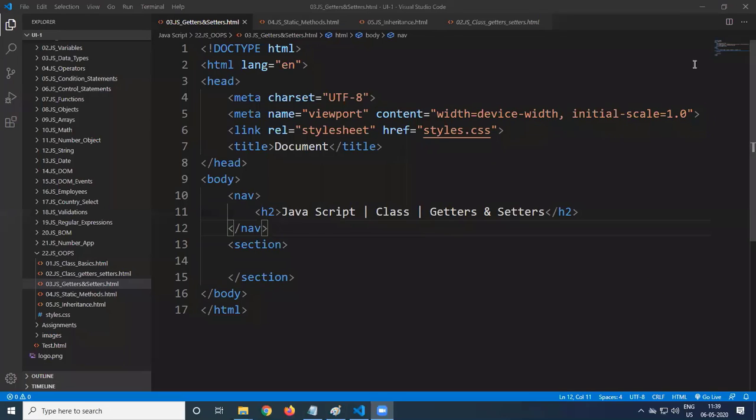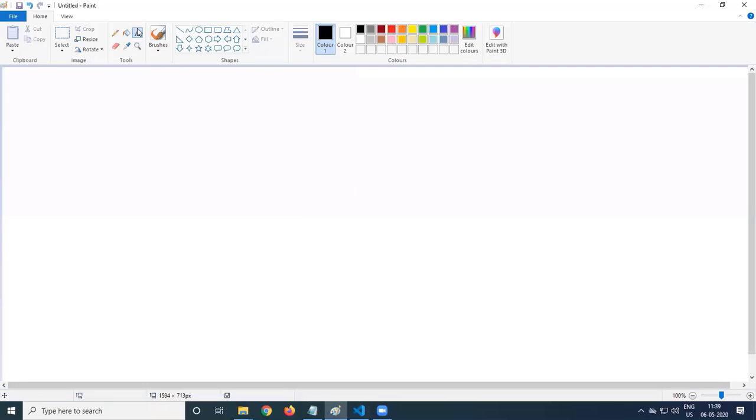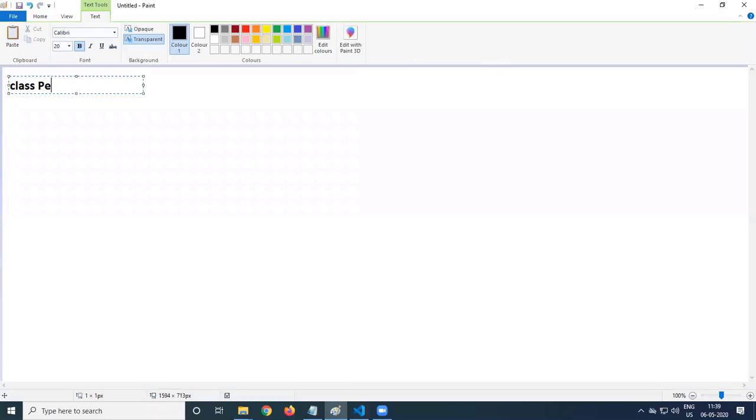So in the last lesson, we discussed getters and setters. In the same way, we'll design another use case for getter and setter to have more clarity on that. Let us create a class called Person. The Person class has two properties: first name and last name. Then we'll have a constructor that gets executed whenever you create an object of the class. And we also define the getter and setter methods for those properties.